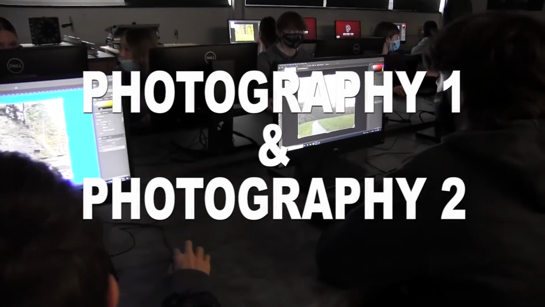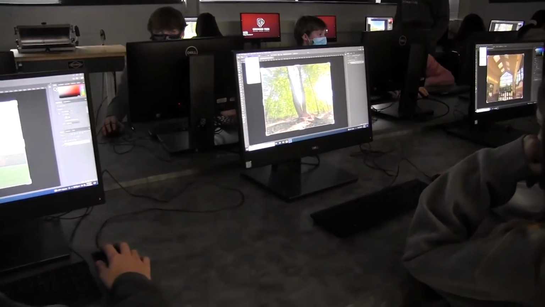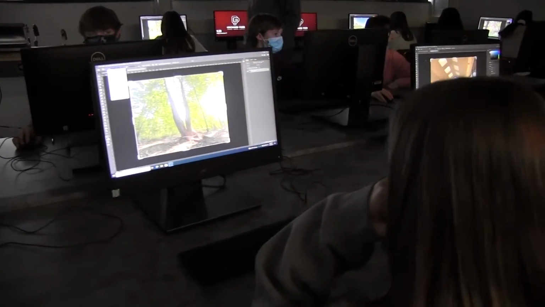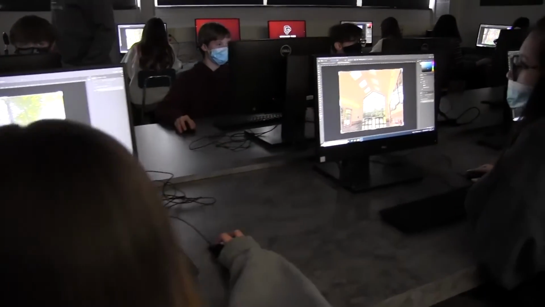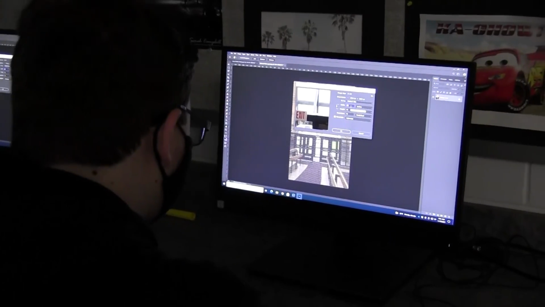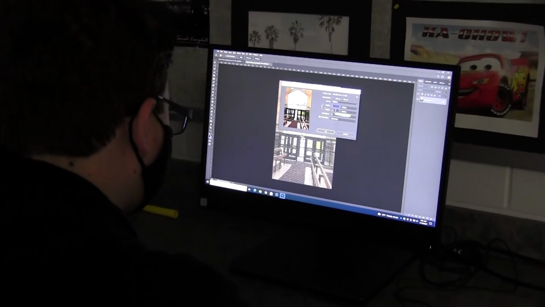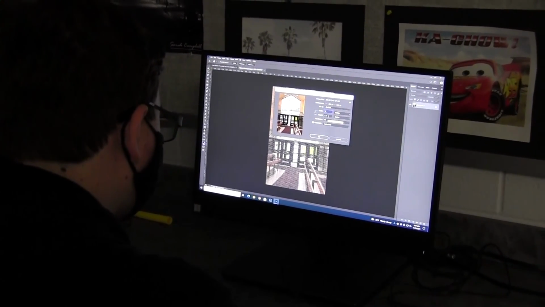Photography 1 and 2 are two successive courses that follow the photography process from framing and taking your picture all the way up to making it look professional and perfect with photo editing software. Photography 1 will introduce the students to the history of photography and all that it encompasses. This includes the working of and utilization of lenses, digital printmaking, introduction to digital photography, Adobe Photoshop, and presentation of